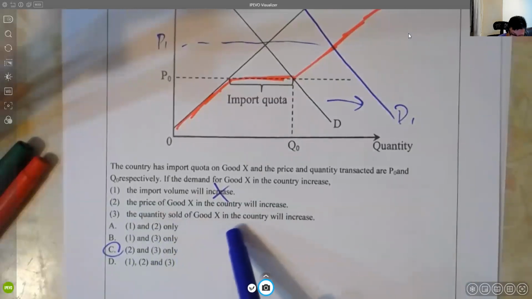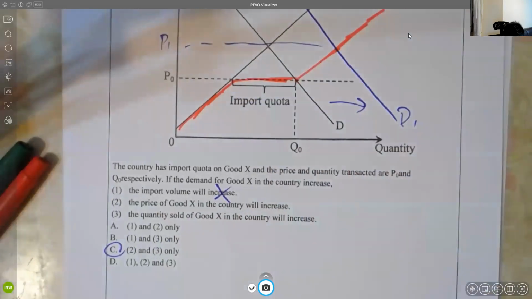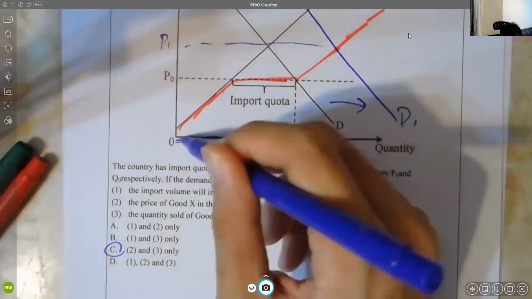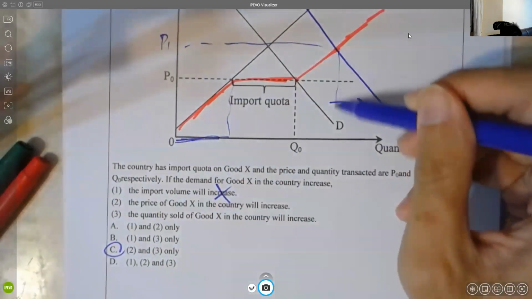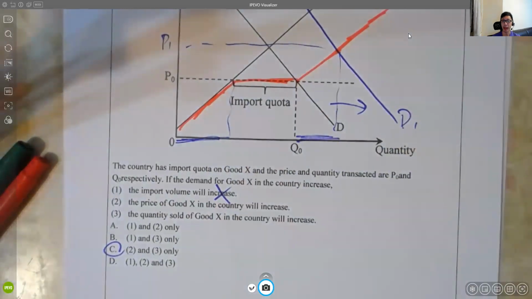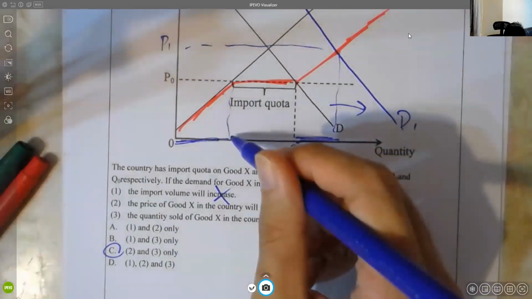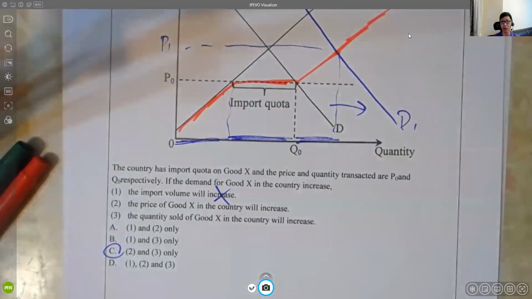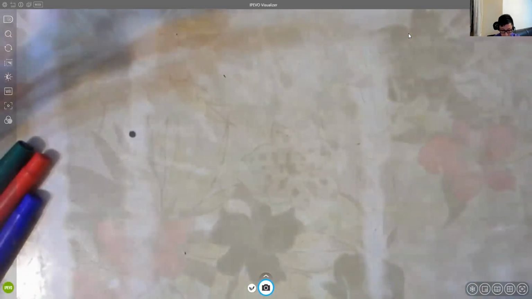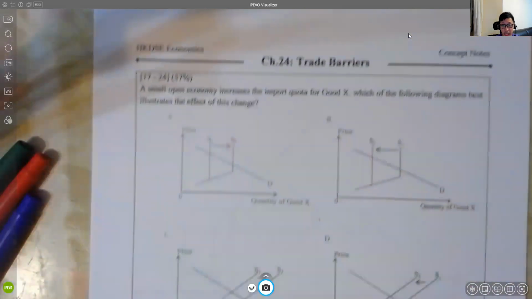Demand increase，好啦，quantity sold of good eggs in the country will increase, of course, right？Originally in the country, only this part. Only this part. Now you also add up this part. Therefore will increase. Quantity sold of good eggs, the quantity also of course includes the import quota. 咁咪升咯，係嘛？Demand increase, quantity increase. So 2 and 3. 好嘛？唔係好難啫。